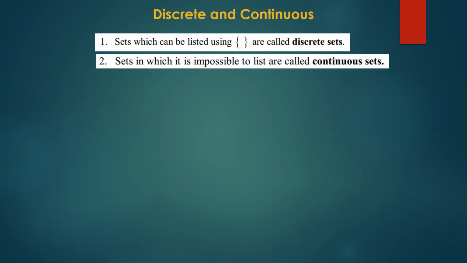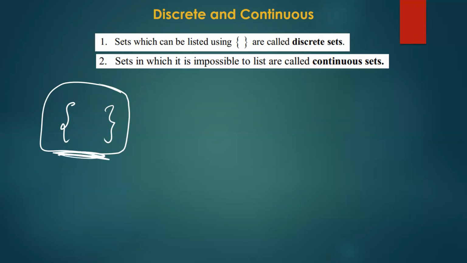Sets in which it is impossible to list the elements are called continuous sets. Any set that you can't manage to list with these brackets is called a continuous set. The reason I've disqualified the first statement I said is because a continuous set can also be